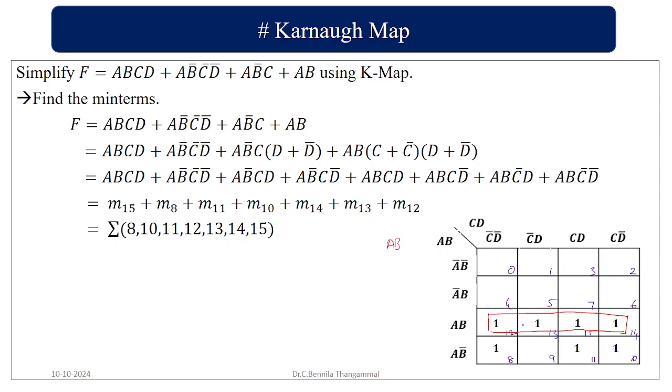Then I can go for another quad, this quad. Here B, B bar get cancelled with each other, so I'll have A, and C, C bar get cancelled with each other, so I have D bar. Then plus I can have this quad. For this quad, again B bar, B get cancelled with each other. I have A, and here C, C is there, D, D bar get cancelled. So A, C. The value is going to be AB plus AC plus AD bar.